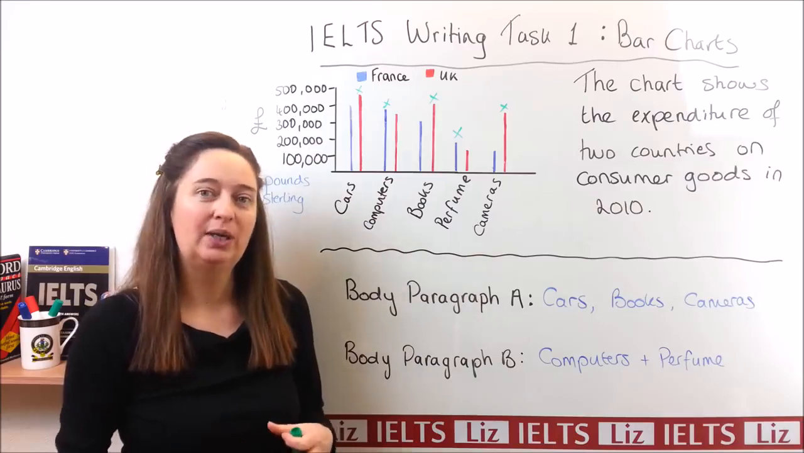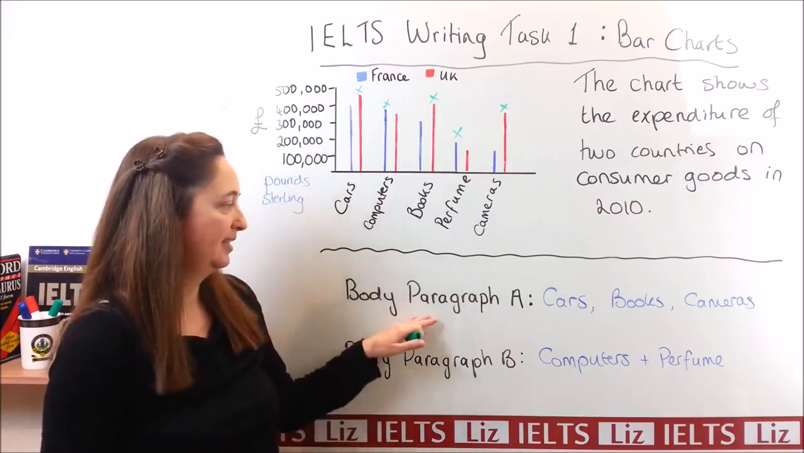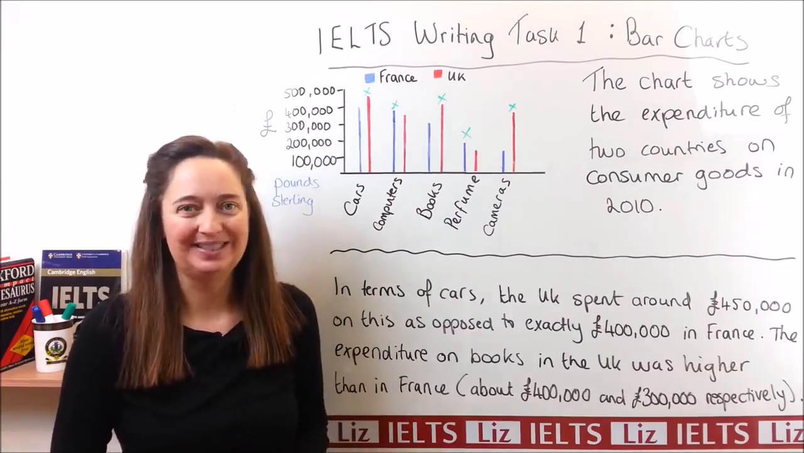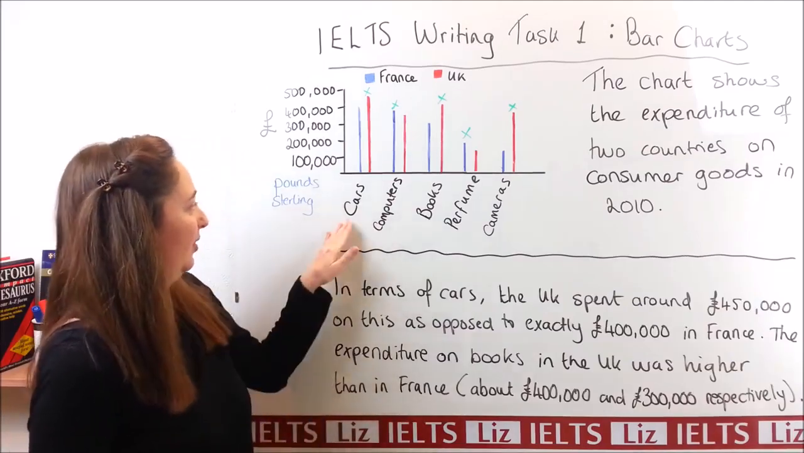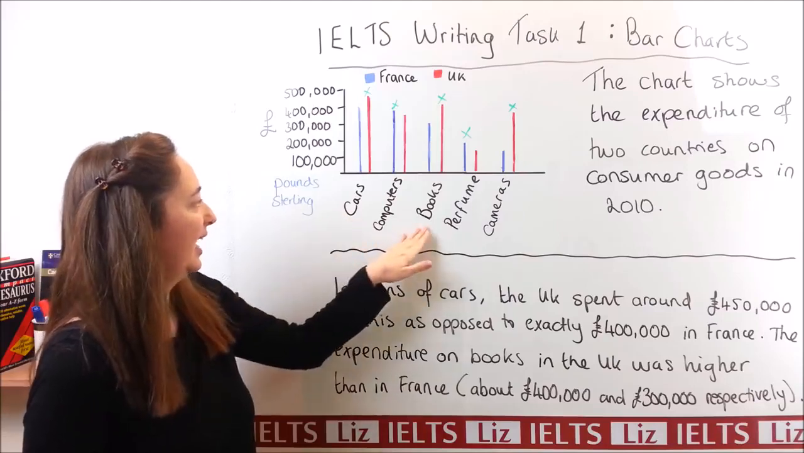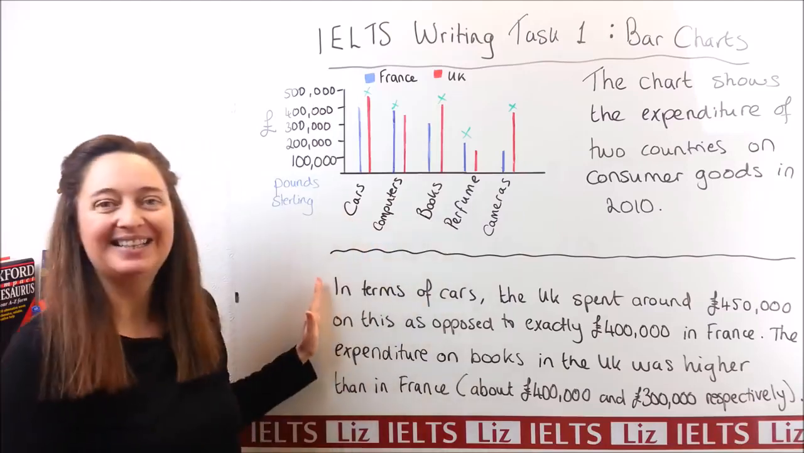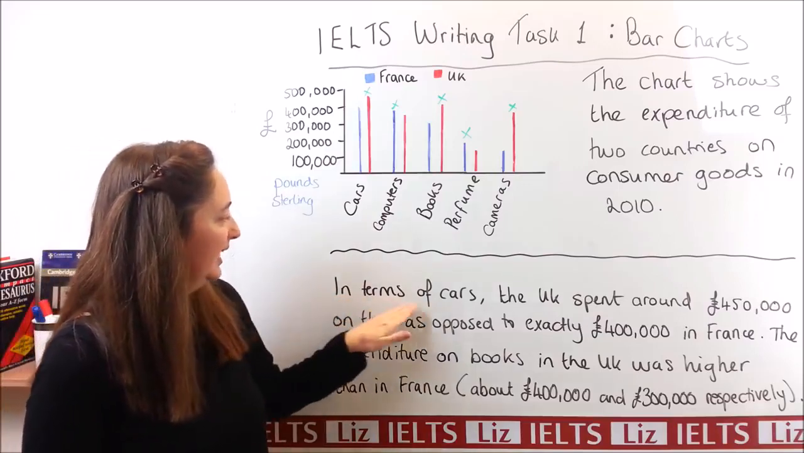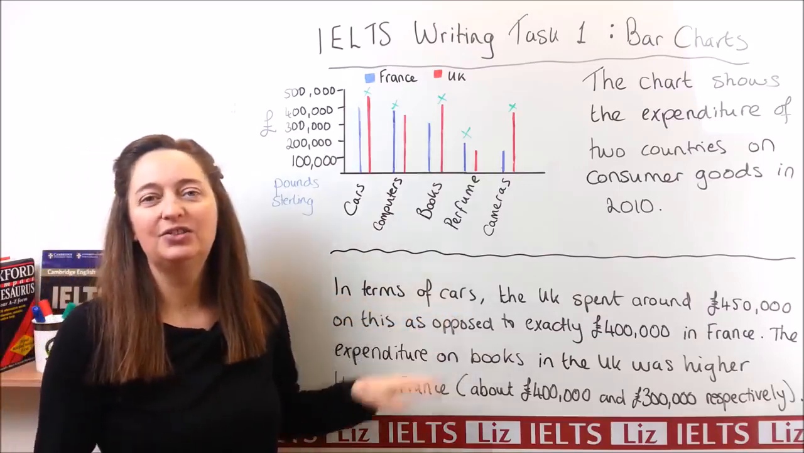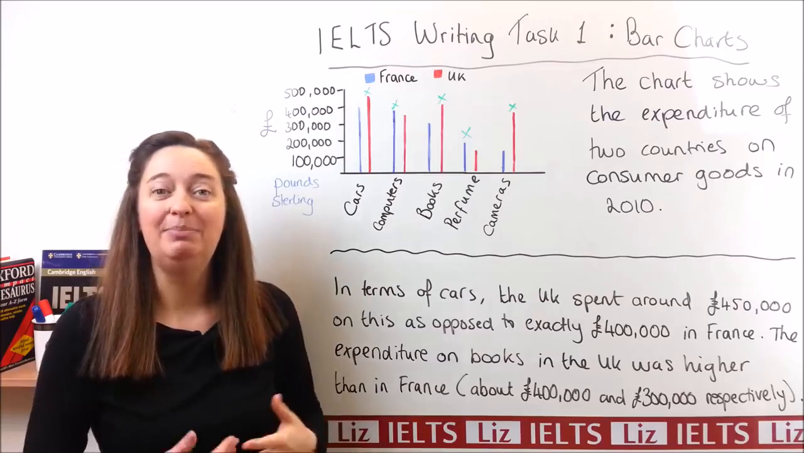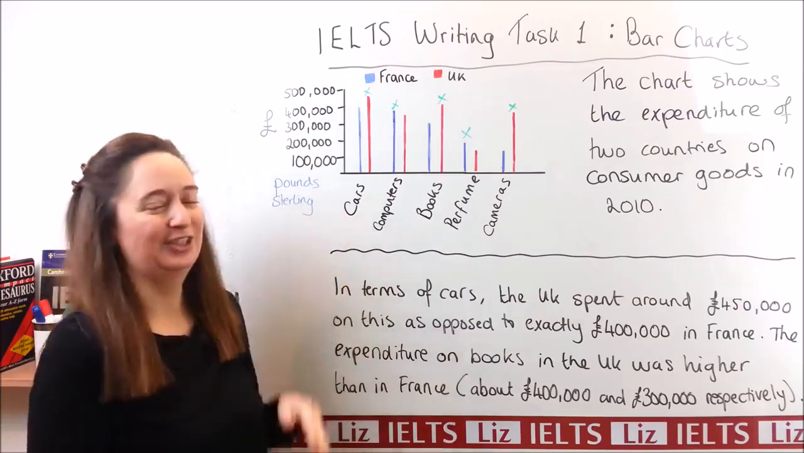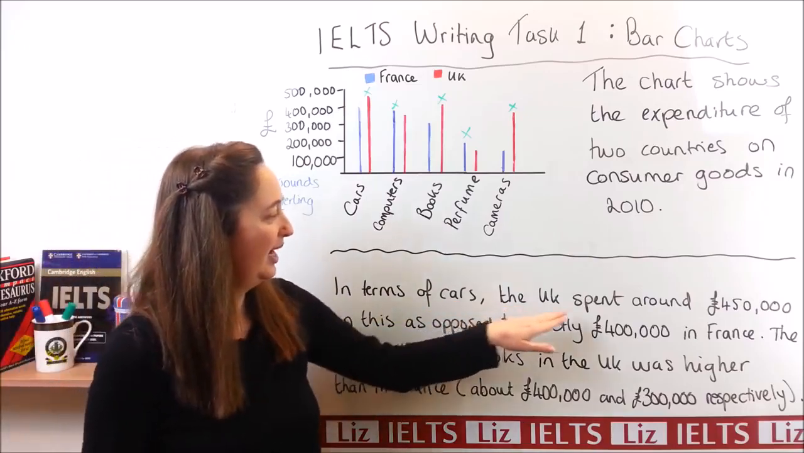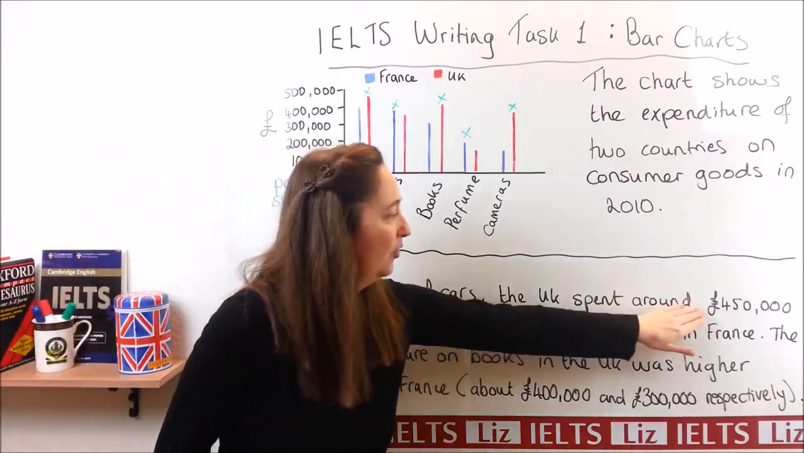Now let's just have a quick look at how to write the body paragraph. Here we have 2 sample sentences for the category of cars and books. So let's have a look. You can see that we start off with a linker. In terms of cars, this is very nice because the reader immediately knows which category we're talking about. In terms of cars, the UK spent around